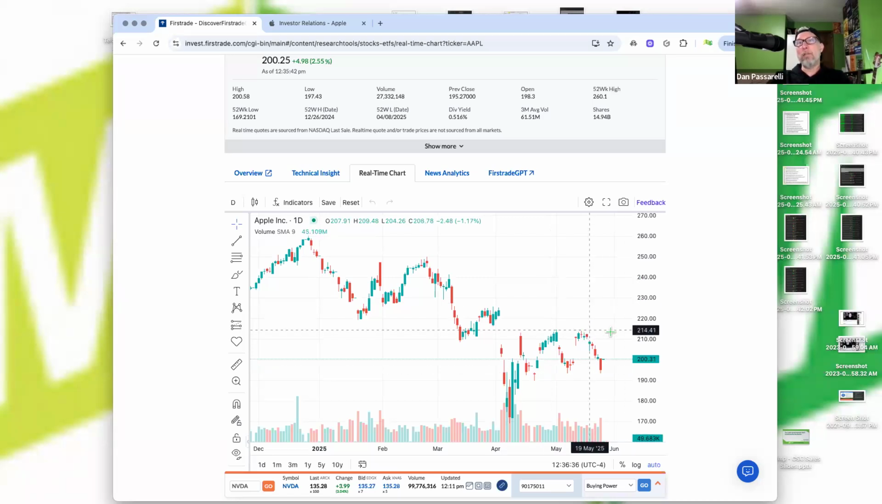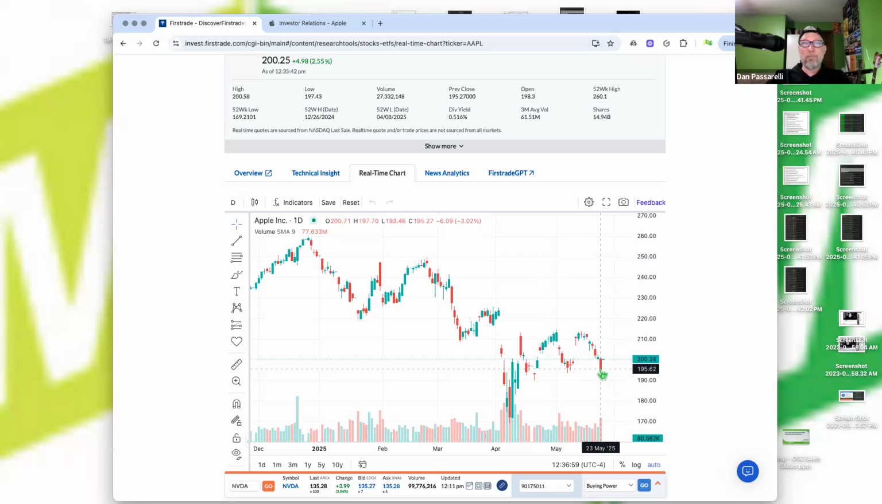And it fell pretty good. Fell from almost 215 down today to 193.46, the low of the day. Pretty big move. But hey, if you've been paying attention to this,